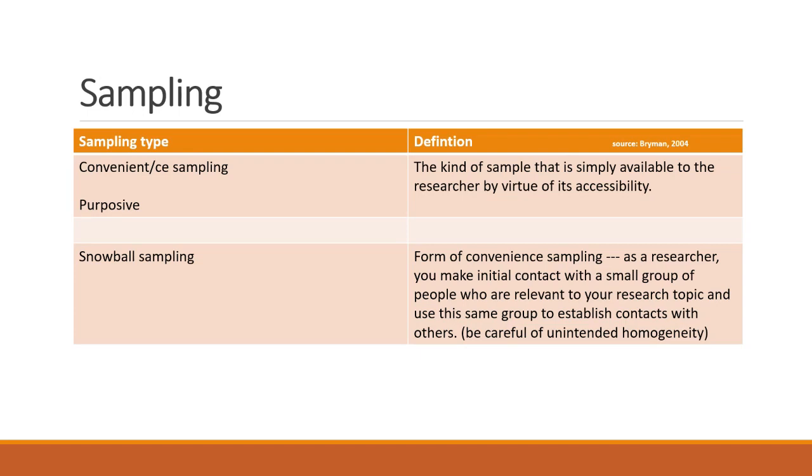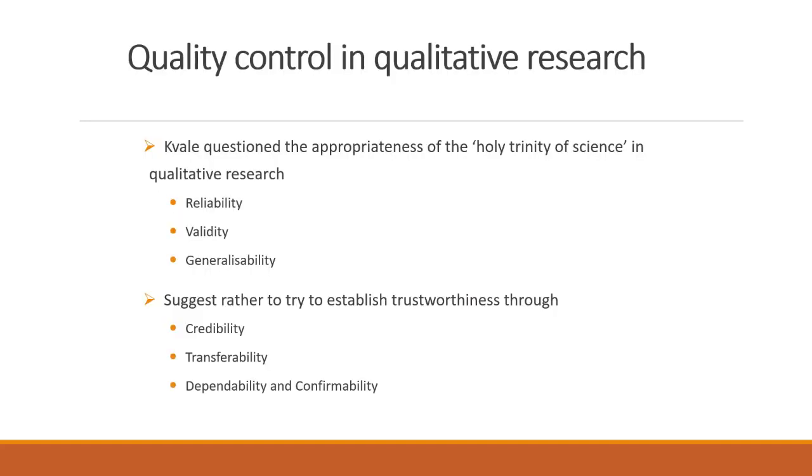And even when you do snowballing, you also need to be careful and say, okay, I've already spoken to 3 people here. Will these 3 people bring something different? Where are they from? Are they also women? Am I now also interested in men? So what is it that you're interested in? That should also contribute towards how the snowballing will happen, right? So it's not just snowballing for the sake of snowballing, because you also don't want unintended homogeneity.